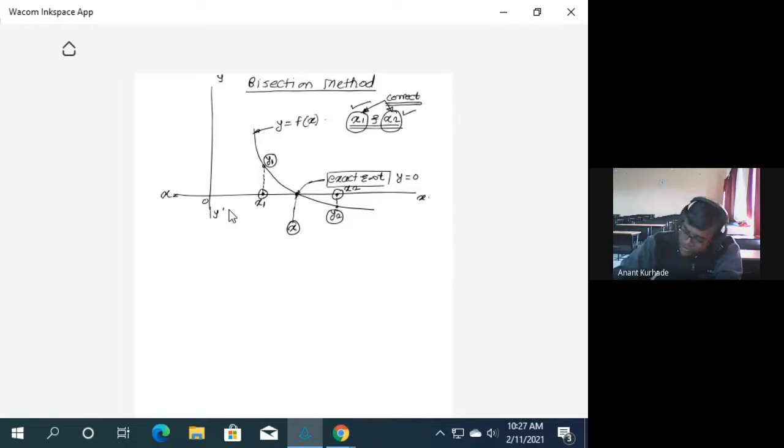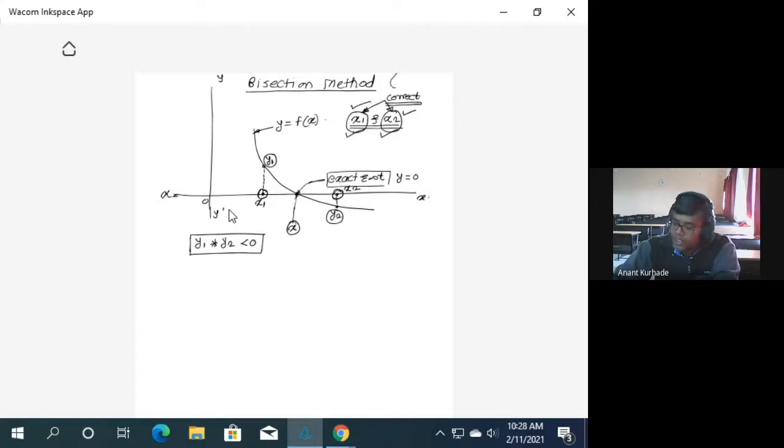So in this case, for the bisection method, the convergence condition is, remember and write down somewhere, the product of y1 and y2 should be less than 0. And in which condition can you get this product less than 0? Once we have the values of x1 and x2, put these values in the given equation, immediately calculate y1 and y2, and if both values of y1 and y2 have opposite signs, then we can say the given initial guesses x1 and x2 are correct.